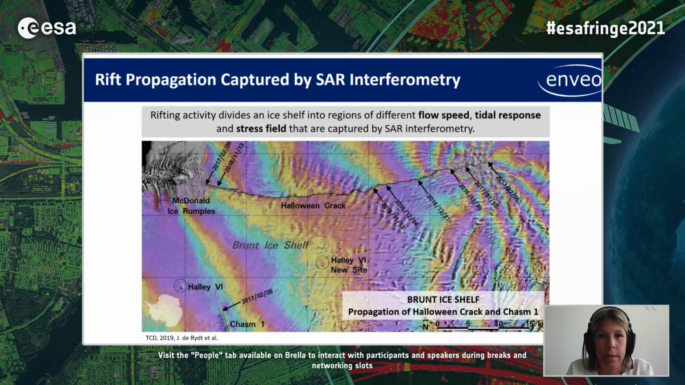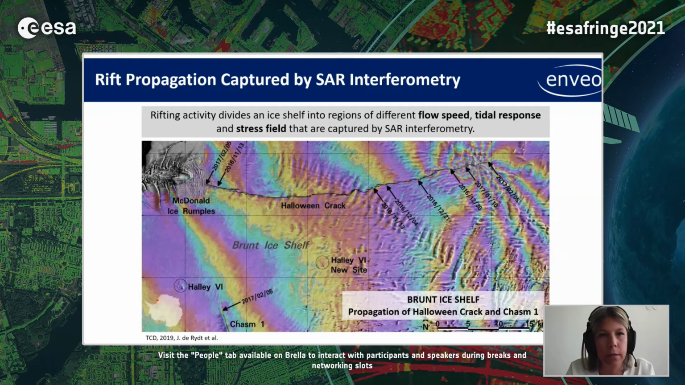Overall, the crack appears in an interferogram as a discontinuity line between two phase ramps, between the two regions that it separates. It's nicely shown in this interferogram of Brunt ice shelf that shows the Halloween crack. We see that indeed we have a discontinuity line that corresponds to the crack, and we can even see the stress field at the tip of the crack that looks like a raindrop pattern. The fact that we see cracks in interferograms has been shown in quite a few studies already, but none has really